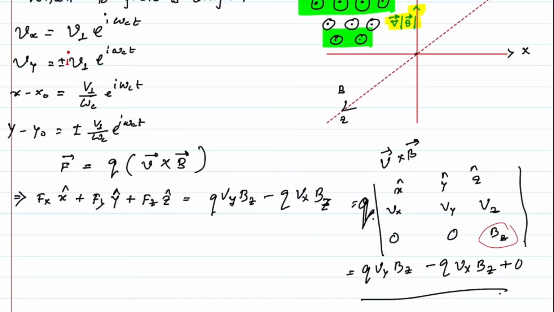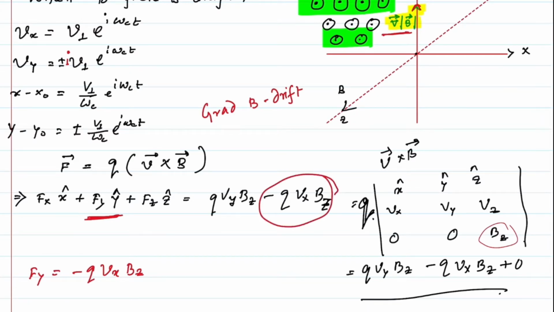Now here we are discussing the grad B drift, isn't it? As the grad B is along the y direction, that's why we will take the y component only. Okay, we will take this Fy only. So here we need Fy is equal to minus q Vx Bz. So this is the y component. Okay, so hope you have understood this. So now you see,